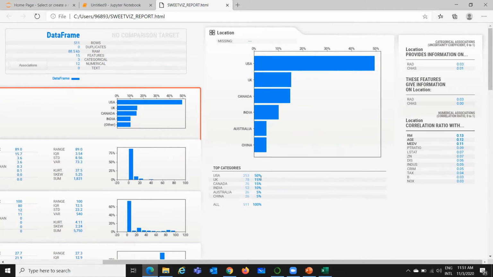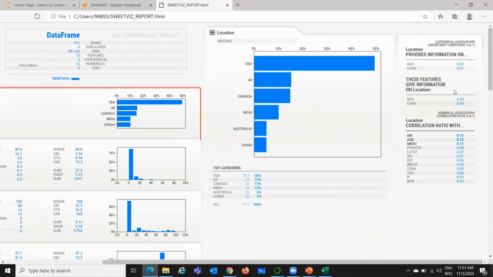You can see 253 entries are from USA, that constitute 50% of data. Out from UK, 78 data are from UK and it constitutes 15%, etc.